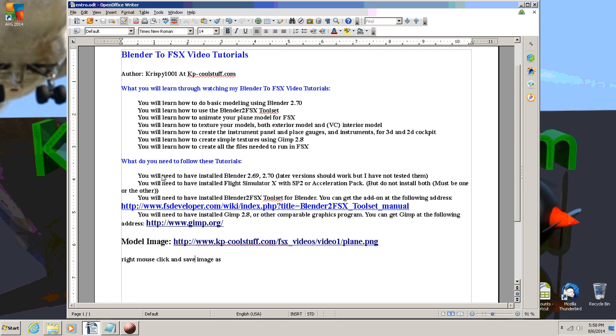To get started, you will need the following software installed. You'll need to install Blender, either 2.69 or 2.70. I am using 2.70. You'll need to have installed Flight Simulator 10 with Service Pack 2 or the Acceleration Pack. You'll need to have installed the Blender2FSX toolset, which is the add-on for Blender. You can get it at this